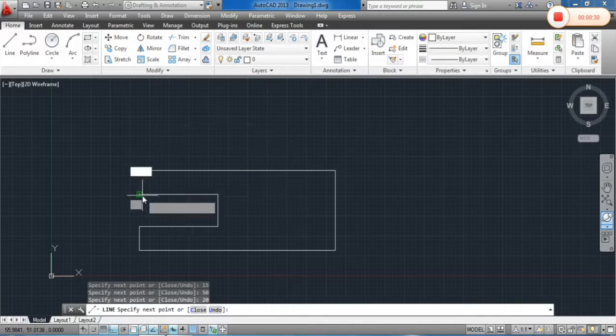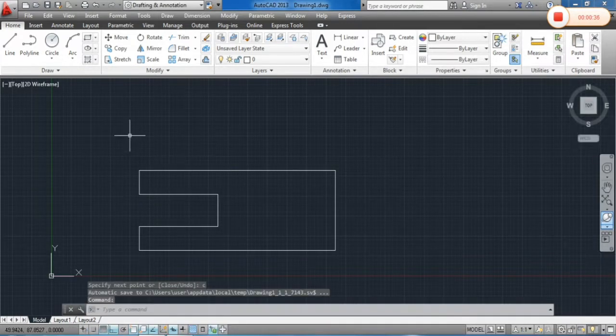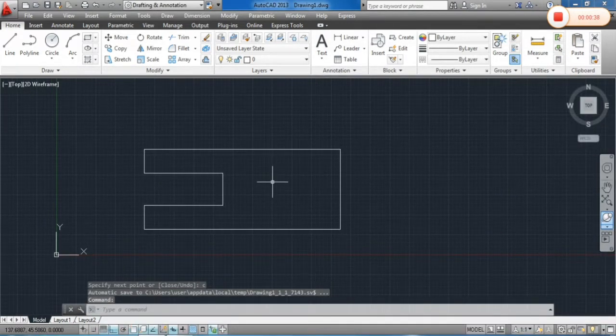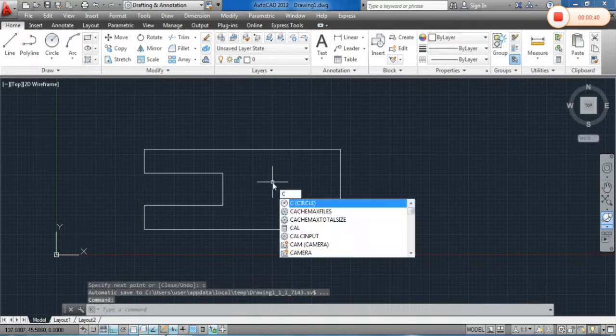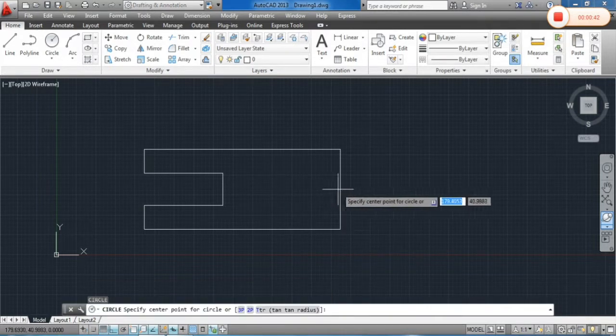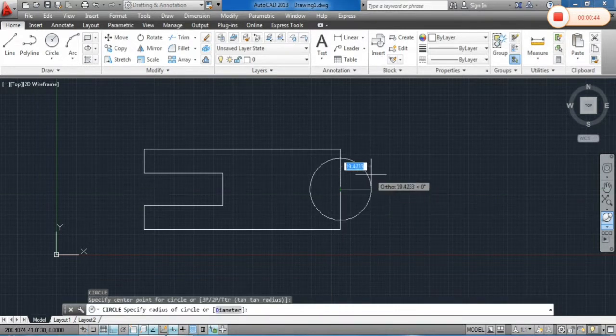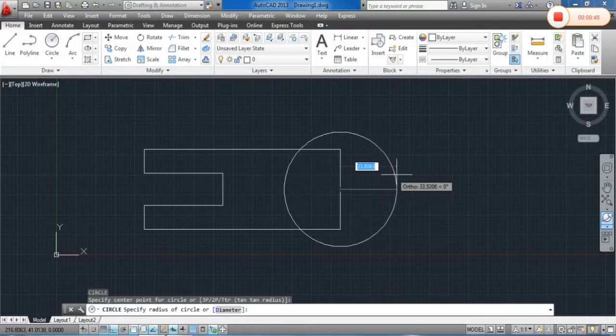Now you can type C enter to close this line, or you can directly click on the close option. Here we will draw a circle. So type C enter and click on the center point as a midpoint of this line and give the radius of 25 mm,